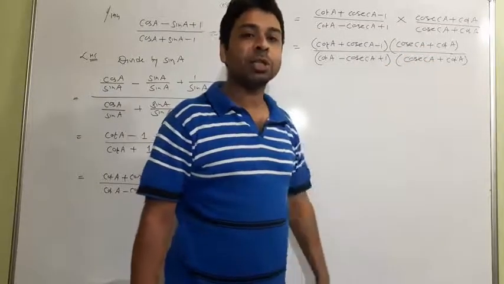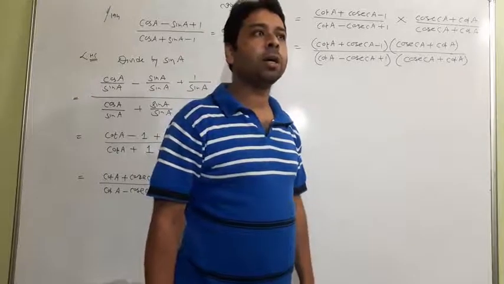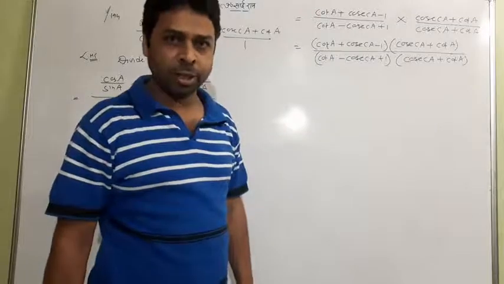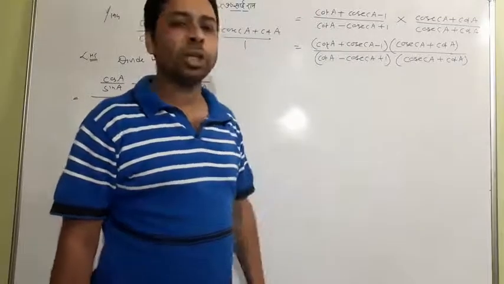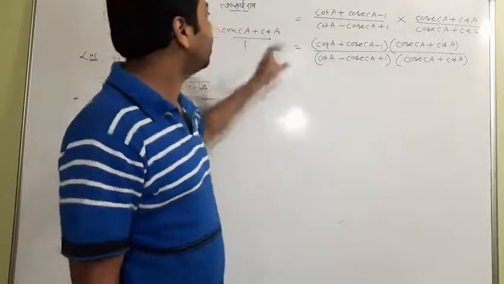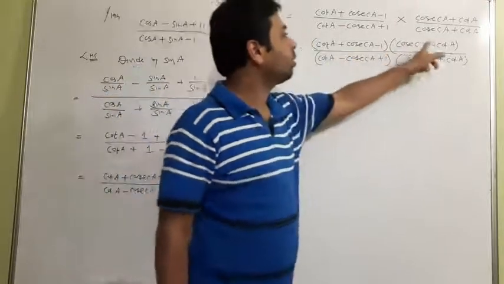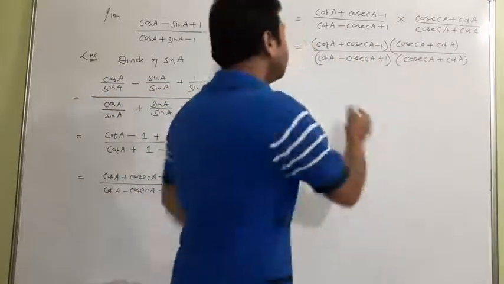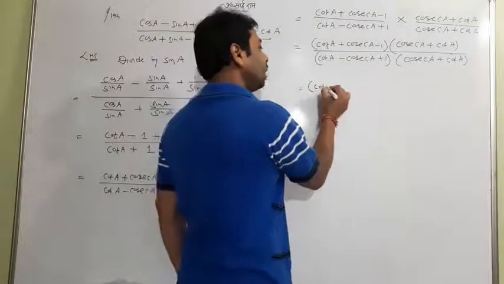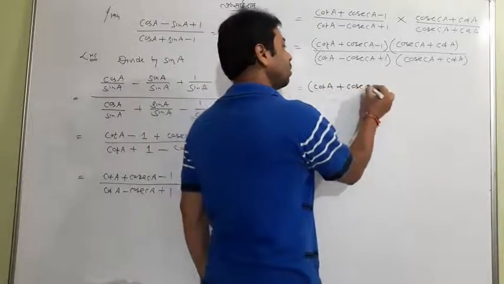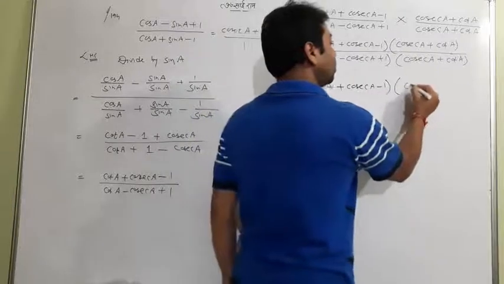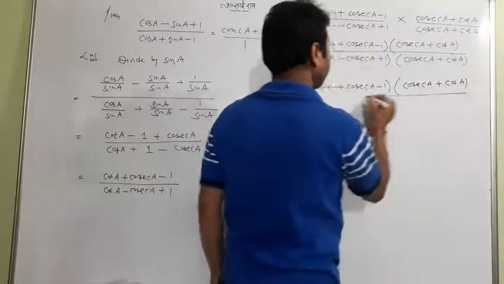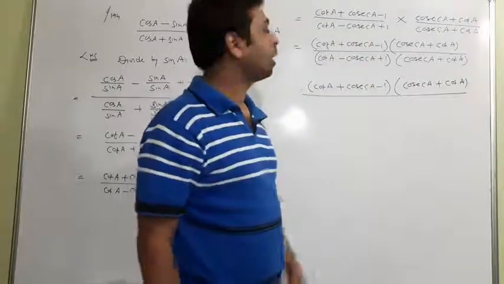In the last question, I had to get sec theta minus tan theta in the denominator, so that time I did not change the denominator section. But this time I need cosec A plus cot A in the numerator side, so I won't disturb it. I will multiply these two terms now, keeping the numerator as it is. This is cosec A plus cot A, and the denominator I just multiply.